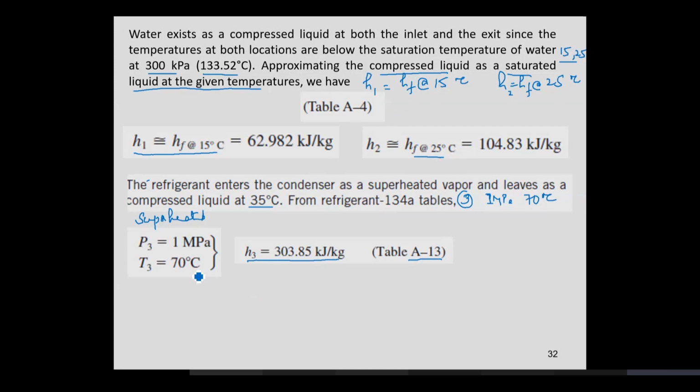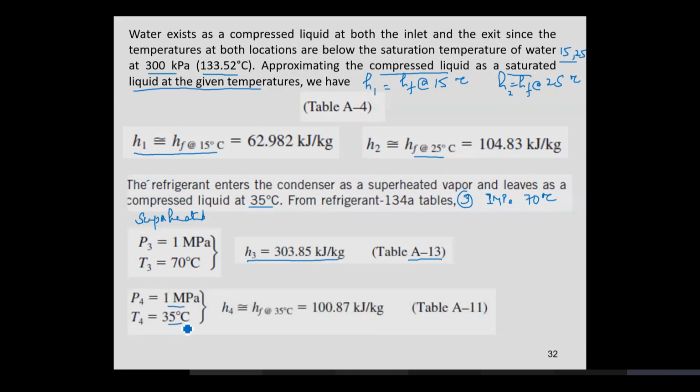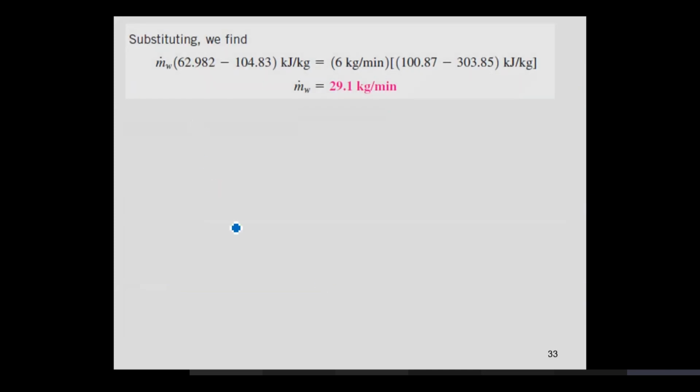Similarly, if you look at the refrigerant at 1 megapascal and 35 degrees centigrade, this is in the compressed liquid region. So you can approximate this value with the saturated approximation, which is hf at 35 degrees centigrade from Table A-11. Once you plug in the values of the corresponding water enthalpies and the refrigerant enthalpies,